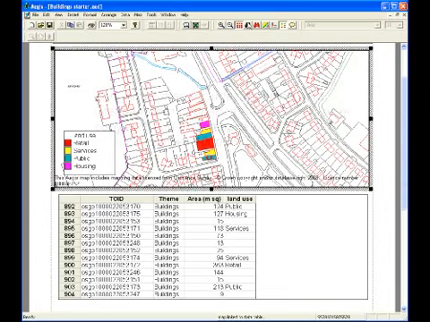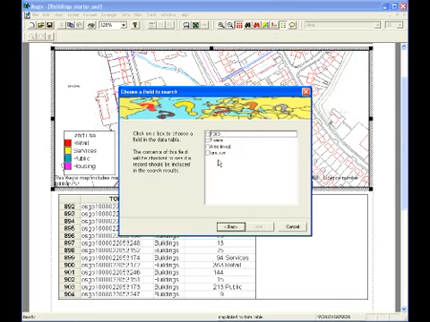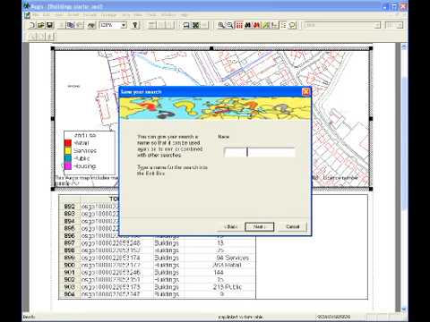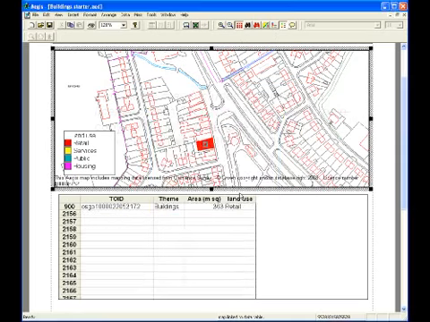It's much better than colouring in a map because you can search the data. So if I use the search wizard and choose land use and just want to show one of those land use items, I can type in a name if I wish to save it, and then it only shows me that on the map. So you can look for patterns of distribution of different functions